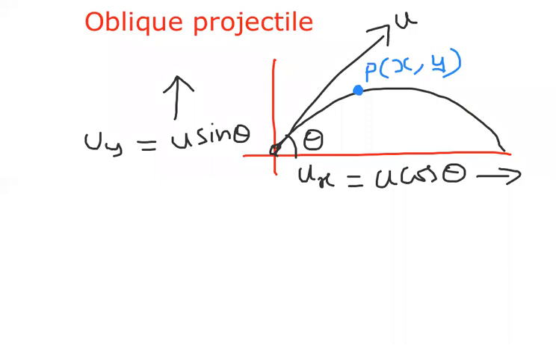I am taking this as the x axis and this as the y axis. Any point in the coordinate system has two coordinates, x and y. X is horizontal, y is vertical. So x is called horizontal displacement, y is called vertical displacement. Let me take that initially the object is at a point O.